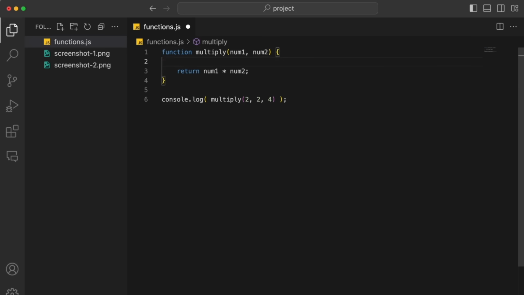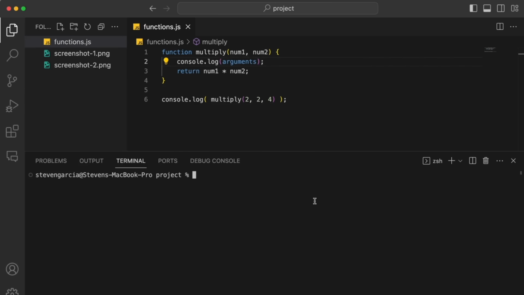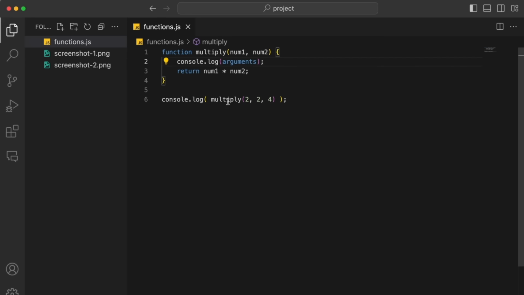Here if I just console log the arguments object, arguments, opening up the panel, we'll clear this, then we'll log it again. So here I see this outputs the arguments object. In this object, the keys refer to the index position of the parameter and its corresponding argument value. If we want our function to support any number of arguments, we can iterate over the arguments object. If I close the panel,